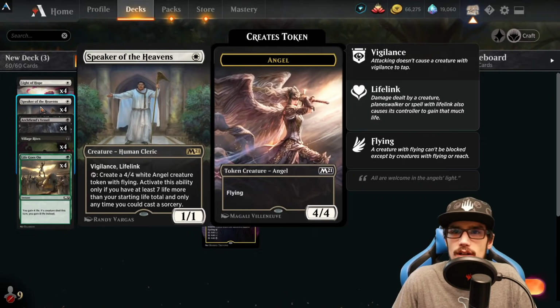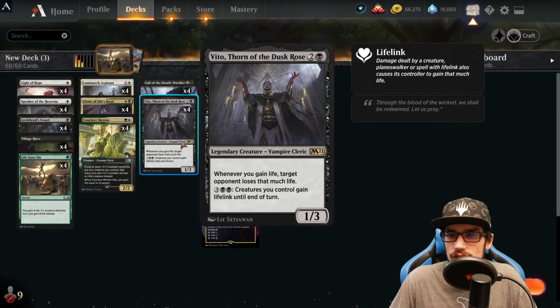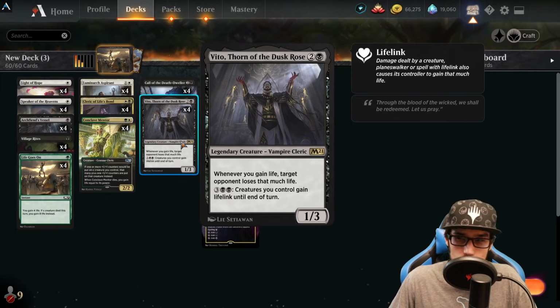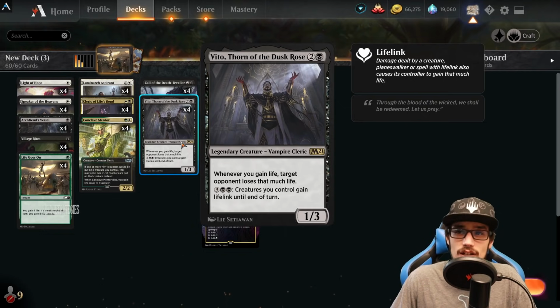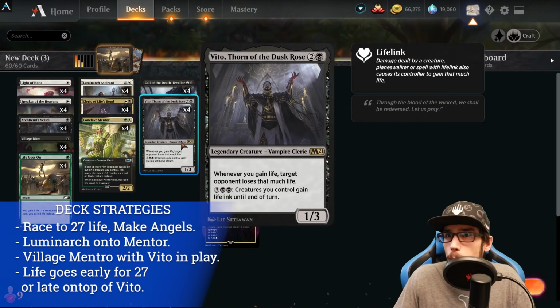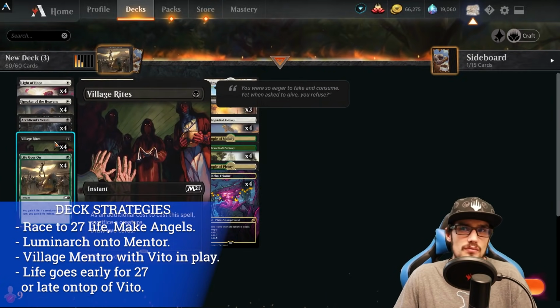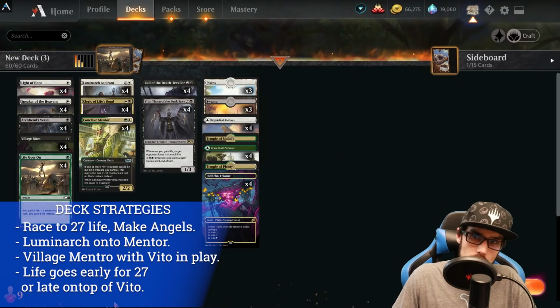Here come the angels. Secondly, this will really set off Vito, Thorn of the Dusk Rose, because it can attack. If it dies, we are going to gain all of that life, which translates into damage. Absolutely amazing. And even if they realize this and won't bite on it, we can just kill it ourselves with Village Rites. Now it dies, we gain the life, we deal the damage, we draw 2 cards,